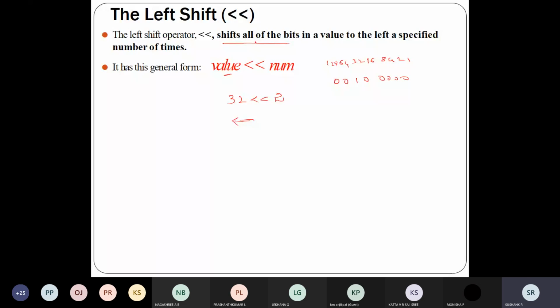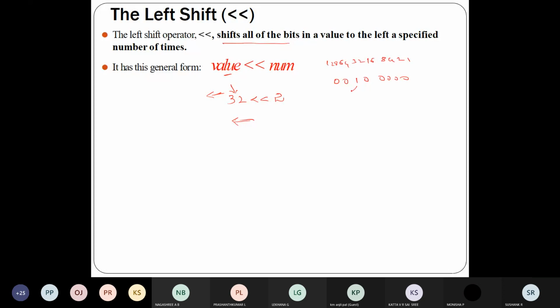I want to shift all the bits of value 32 to the left-hand side, 2 times. For your understanding, I'll just shift these values to the left-hand side.